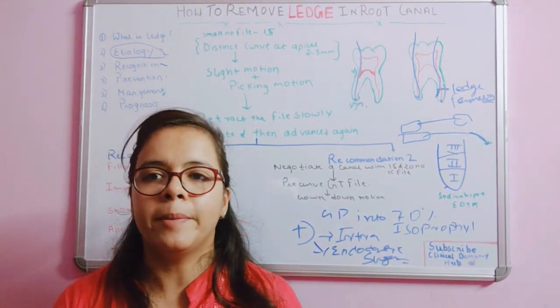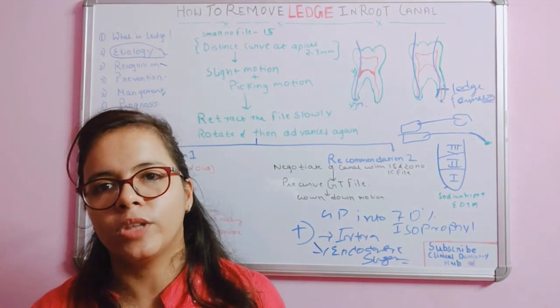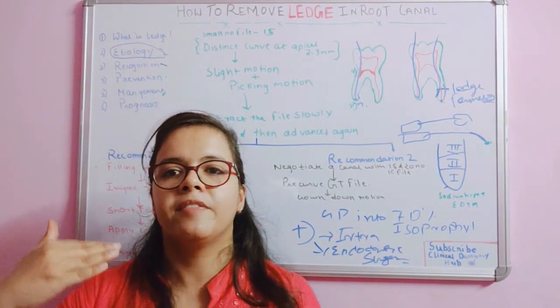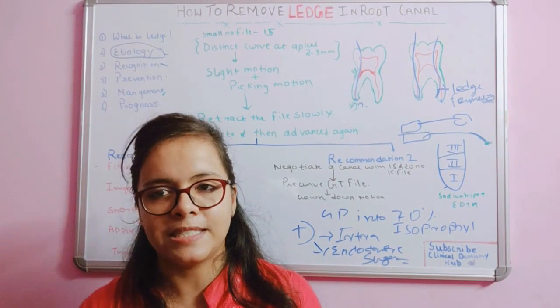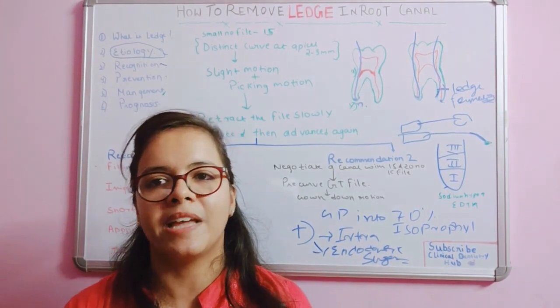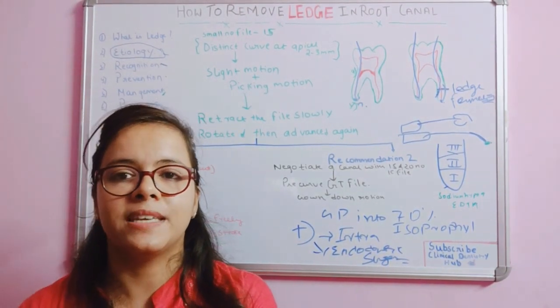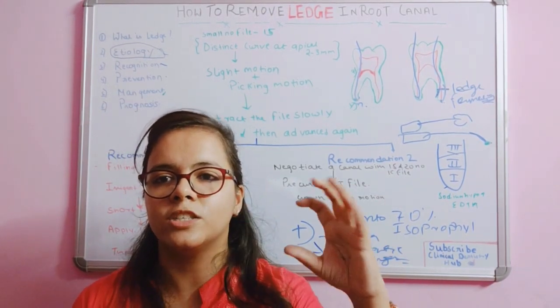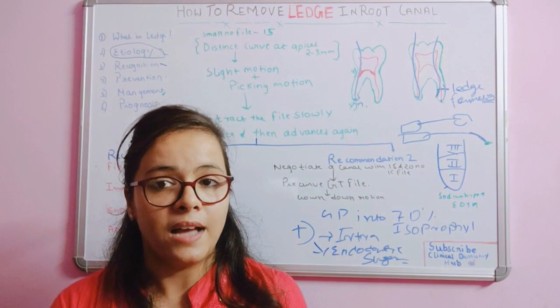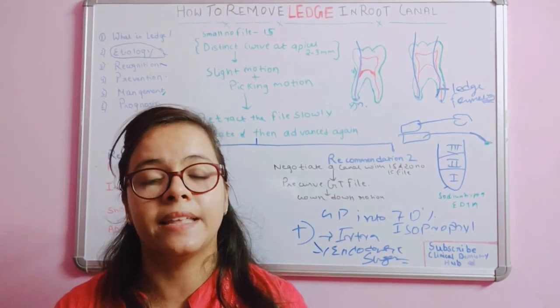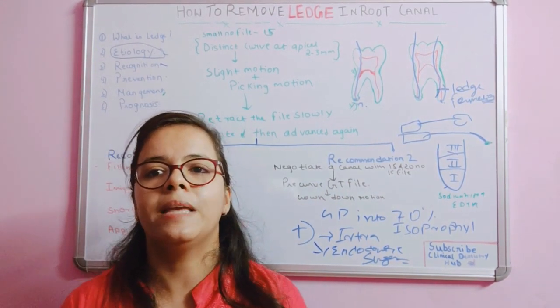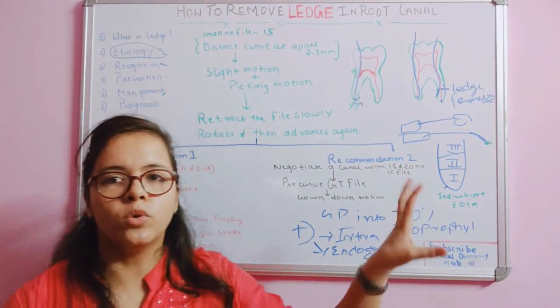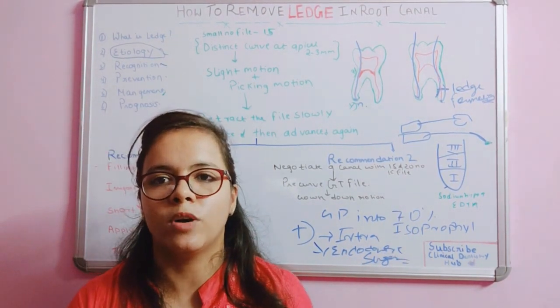Whereas if you have already prepared the canal and after that you led into the ledge formation, in that case the infection at that part is much less and it has shown up to 70% prognosis. And there is a study which says that after doing the endodontic surgery of these cases, the tooth survival rate was 90%. So these are all the precautions to be used and how you can prevent ledge formation easily.